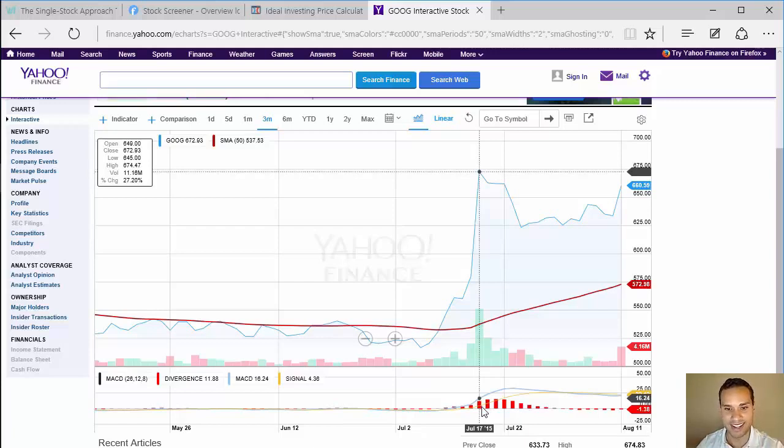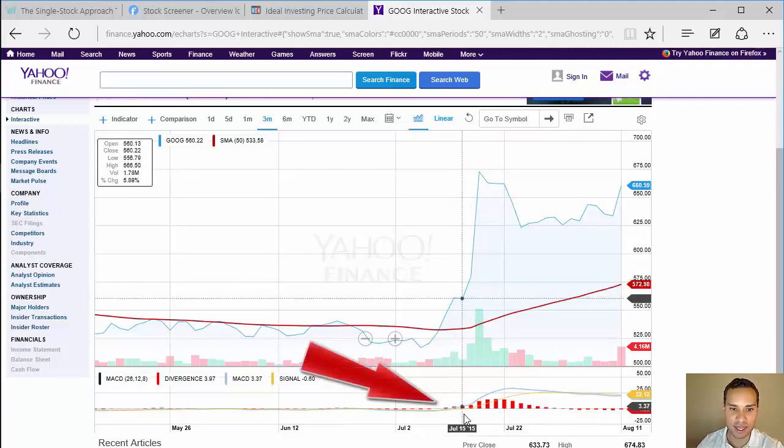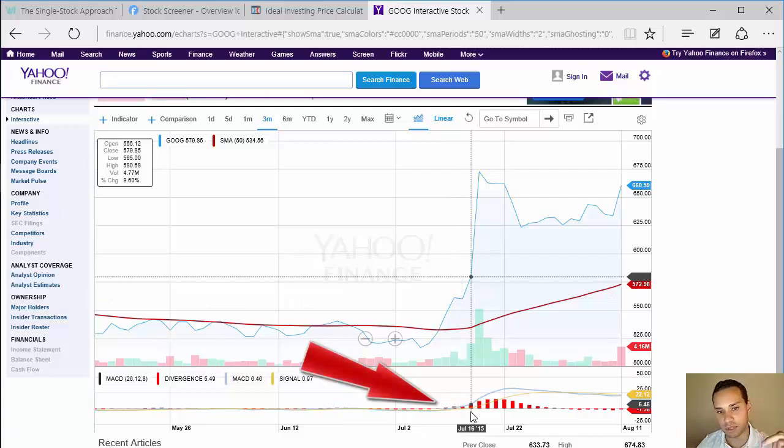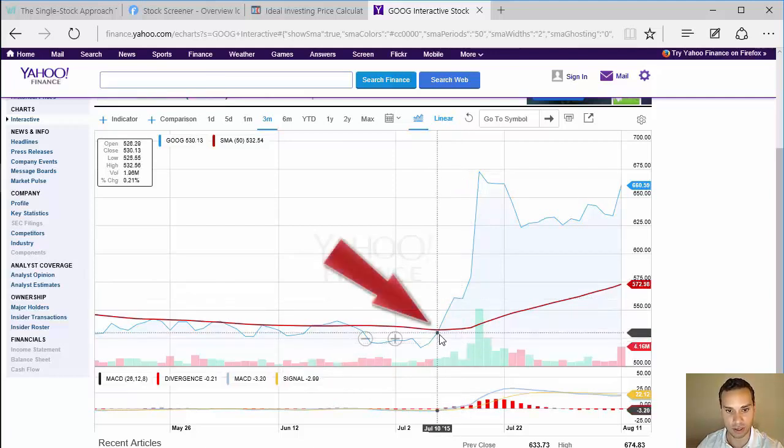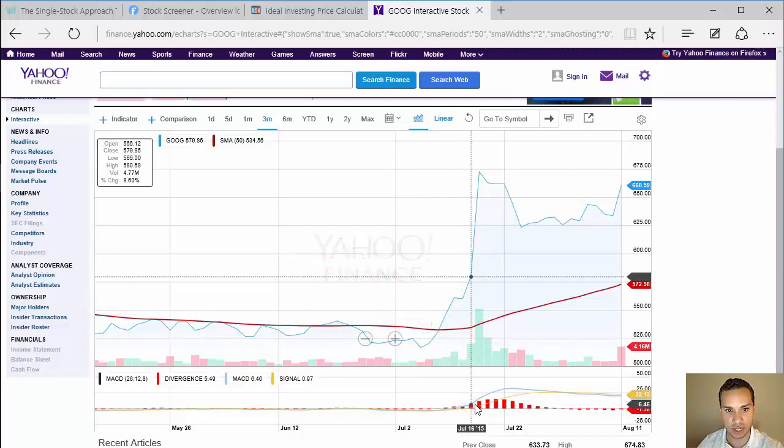It's a mouthful, right? Stick with me now. We're almost done. As we look down here, we can see that we're looking for the blue line to cross above the yellow to signal to buy. And that's why we like using both of these. So we got an early signal to buy here, and then we got a solid signal to buy here,